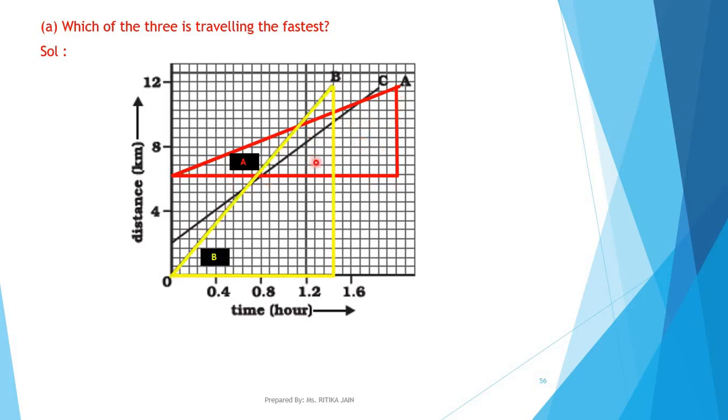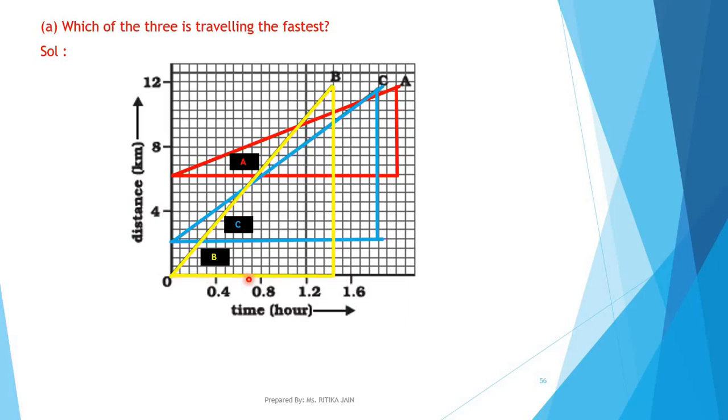Similarly we'll draw the triangles for the remaining objects. So here I have got 3 triangles A, B and C. Now children, we don't want the exact value of the angle. We just want to predict the maximum value by just looking at the figure. So can you tell me which object makes the maximum angle with the base? Obviously by looking at the figure we can determine that object B makes the maximum angle, or the highest angle.